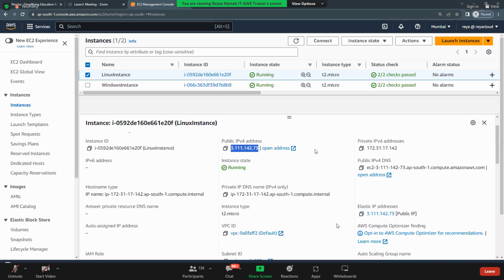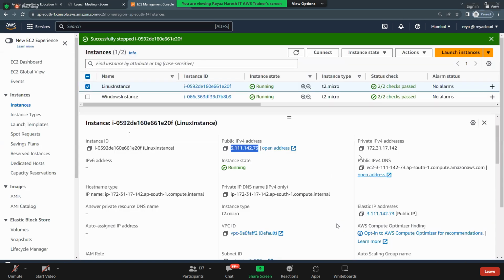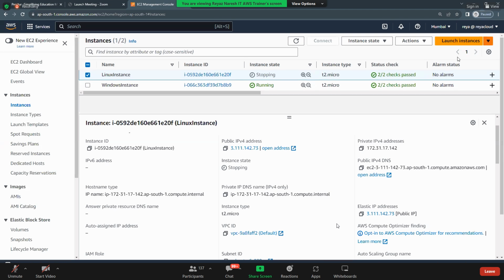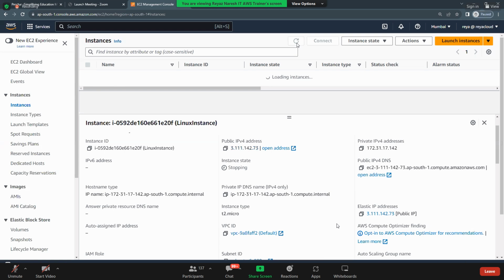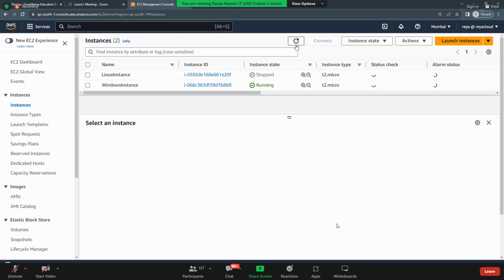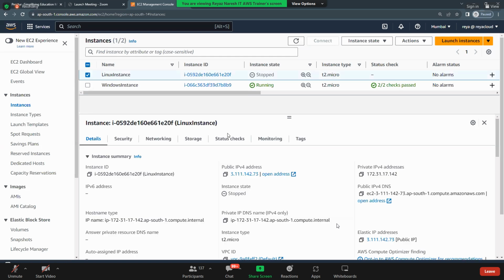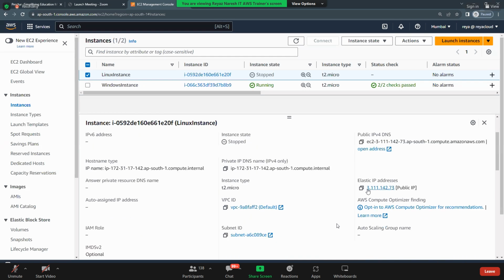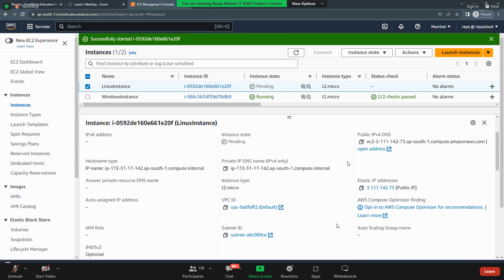So now if I stop and start, this IP address will change. Should we test it? Let's go ahead and then stop. Stopping. It is stopped, correct? Do you see this elastic IP is changed? No. Let me go ahead and start. Now it says pending.